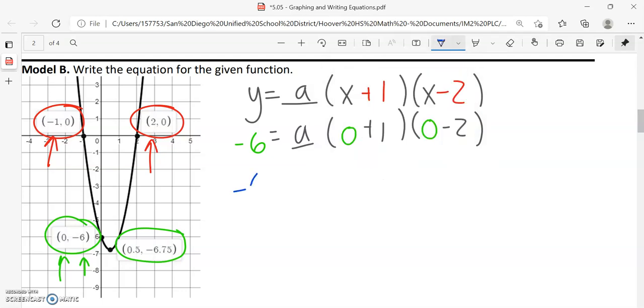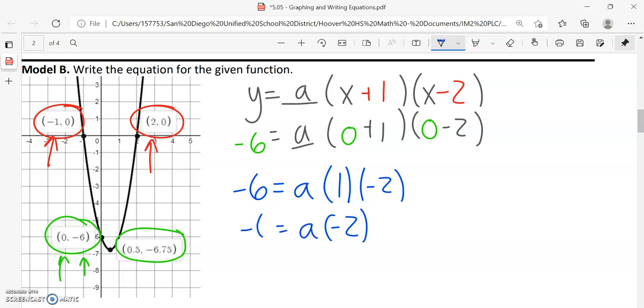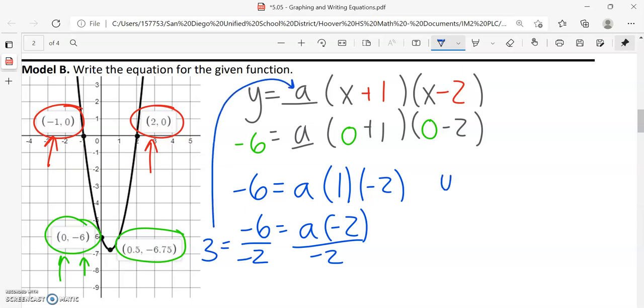So we have -6 comes down, a value unknown, 0 plus 1 is 1, 0 minus 2 is -2. 1 times -2 is -2 times a. And right here we have a times -2, so we need to divide both sides by -2. -6 over -2 equals 3. So our full equation, we're going to take this 3 and insert it in for a. So y equals 3 times x plus 1 times x minus